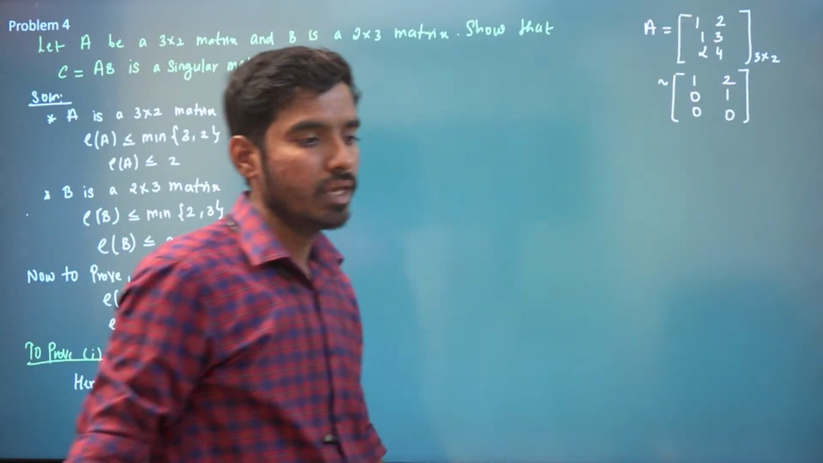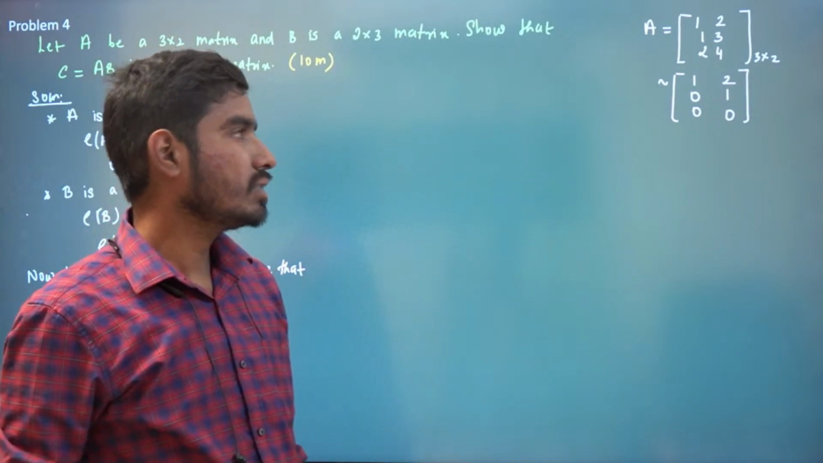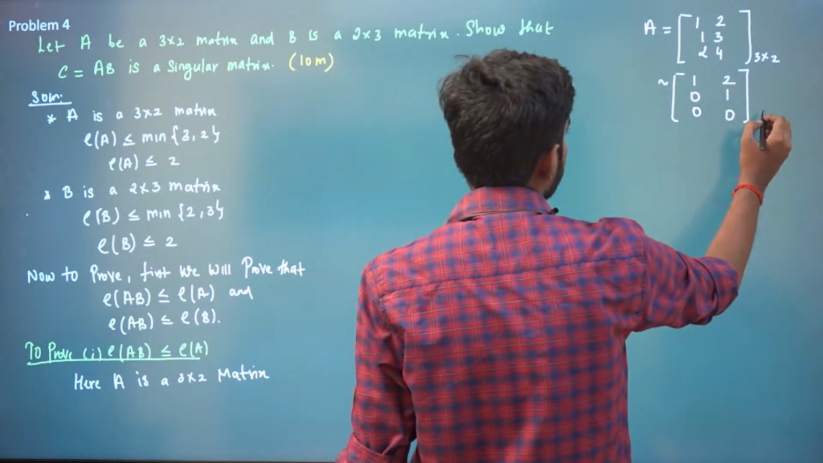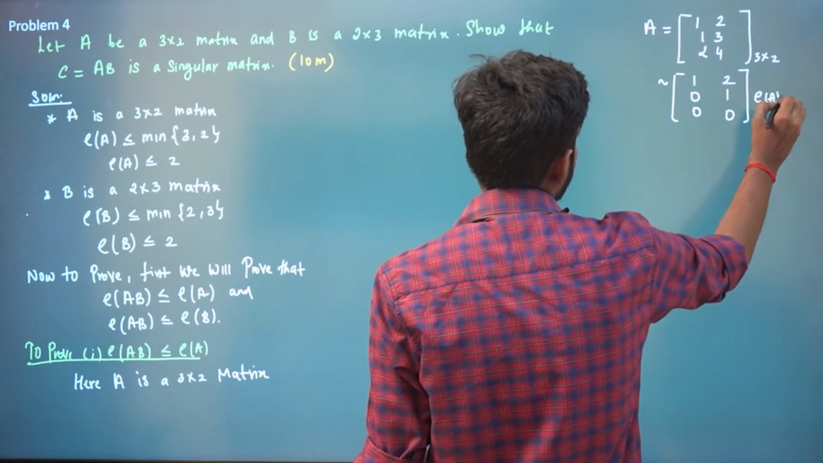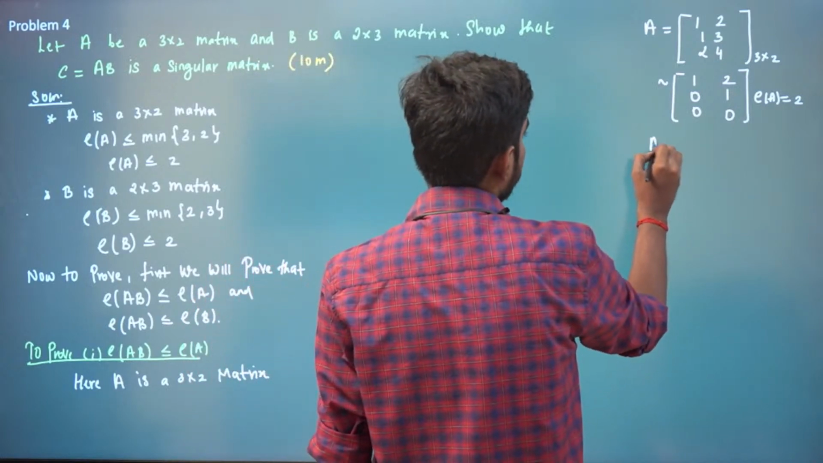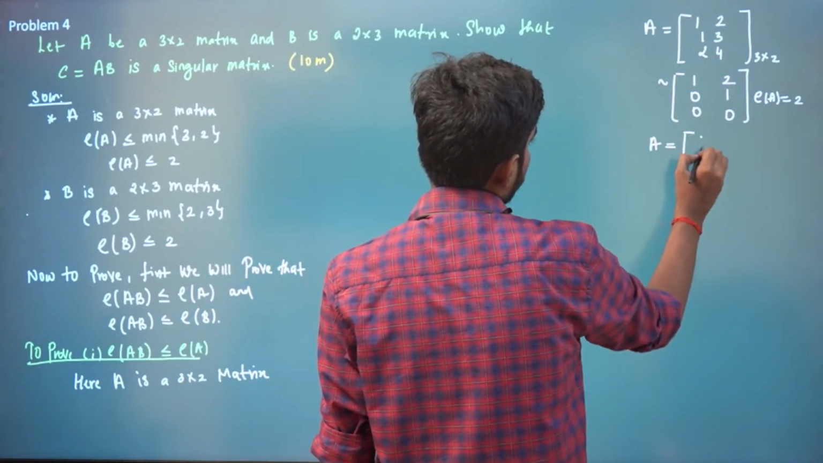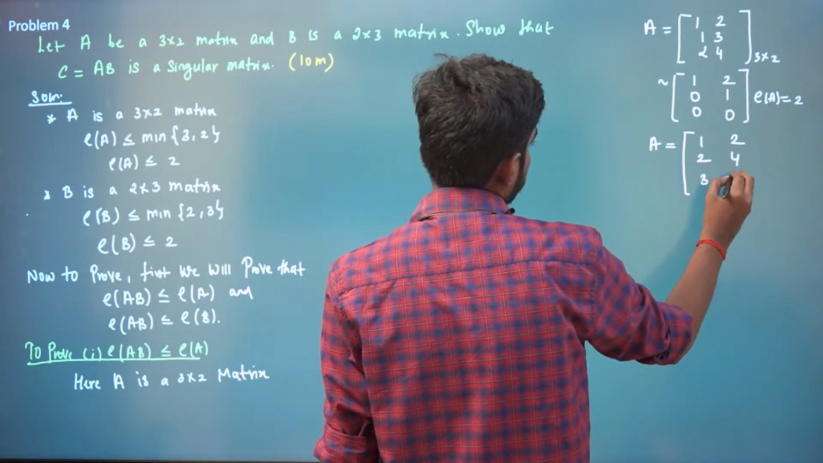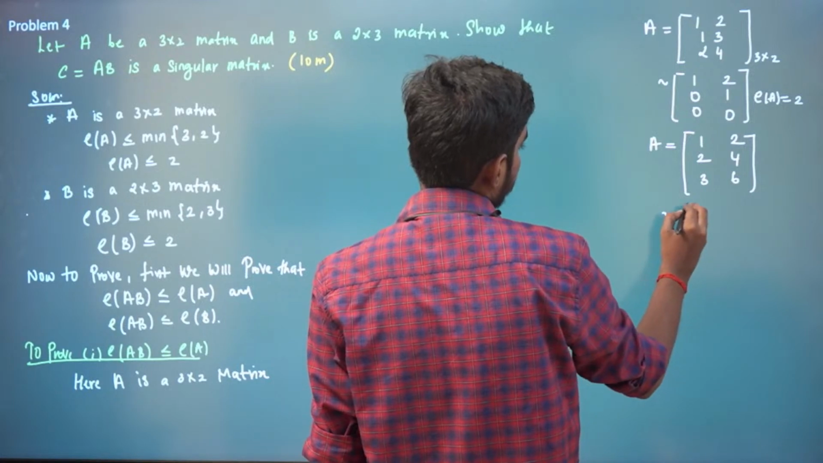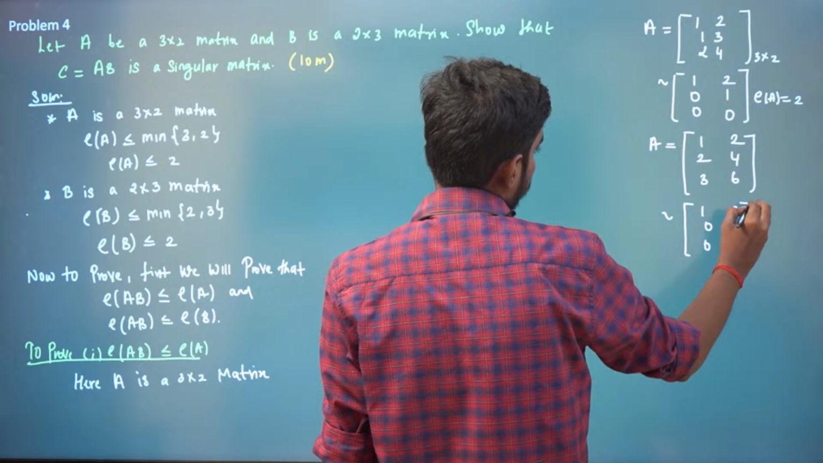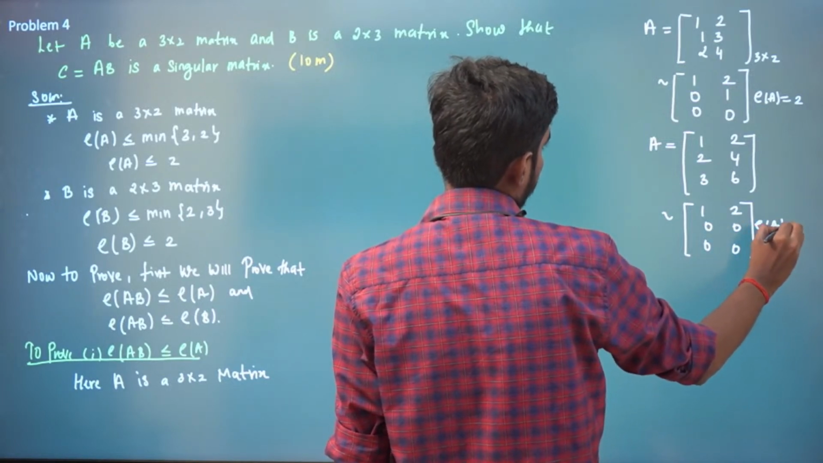Now, here you can see the rank is 2, right? Let us say, suppose your A is 1, 2, 2, 4, 3, 6. Then this A is equivalent to 1, 2, 0, 0, 0, 0. Here you can see the rank of A is 1,